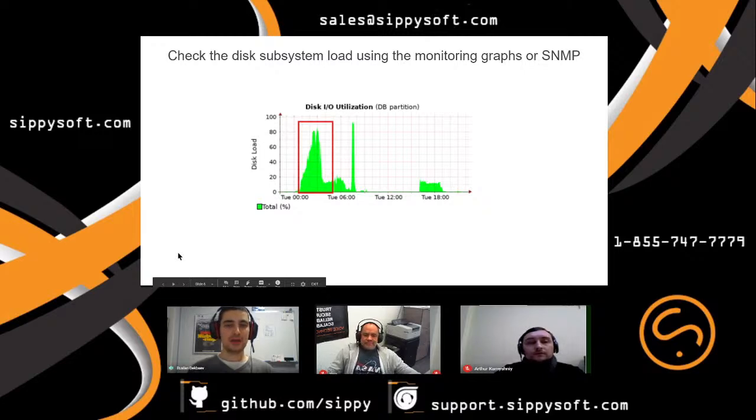The main reason for CDR delay is the disk subsystem load. So the next step is to check the disk subsystem load using the monitoring graph or SNMP. The main parameter that you should pay attention to is the disk subsystem. The normal disk load value is considered to be up to 50–60%.